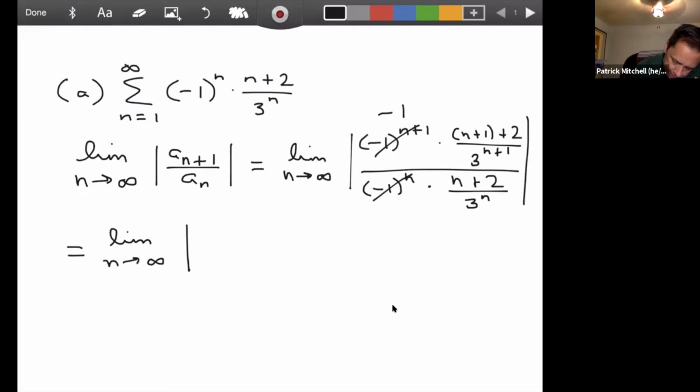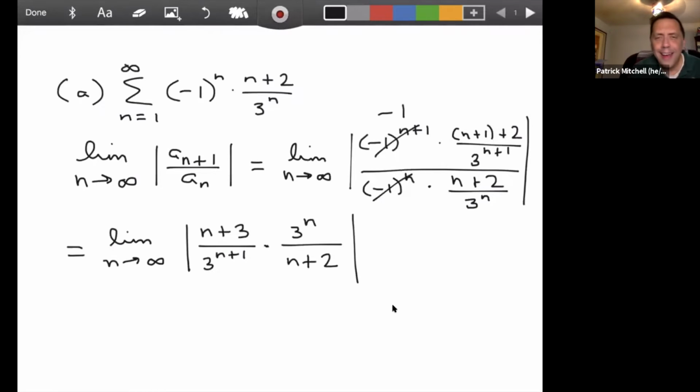So here is a sub n plus 1. Instead of writing n plus 1 plus 2, now I'll just write n plus 3 over 3 to the n plus 1. And now I'm going to multiply by the reciprocal of a sub n, which is 3 to the n over n plus 2. Okay, so we have 3 to the n over 3 to the n plus 1. We have one more factor of 3 downstairs than we do upstairs, so we can get rid of those